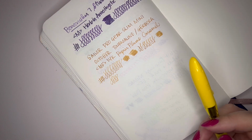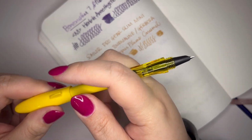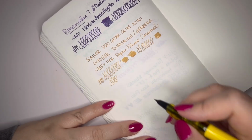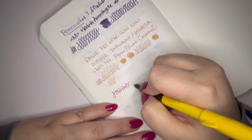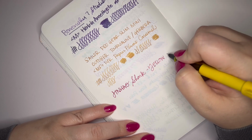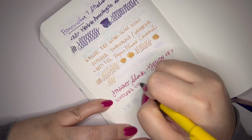All right. And last but not least, our Jinhao Shark with a fine nib in yellow. Oh, this pen is postable, which is nice. It is very, very lightweight. Like these are super, super lightweight pens. And this is a Jinhao Shark in yellow with a fine nib. And this has Noodler's Ottoman